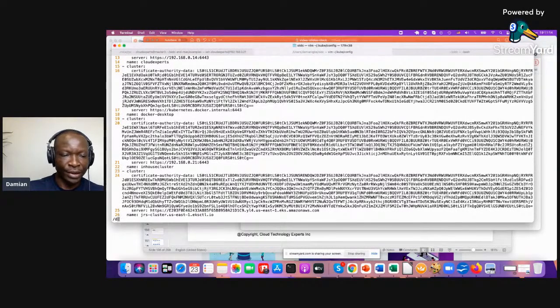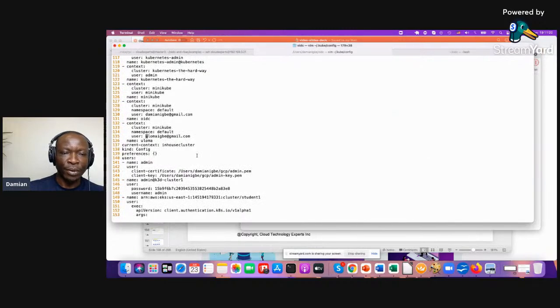And I actually already have a user for this email, but it's pointing to my local cluster. This one here is pointing to my local cluster inside my laptop. So I need to change the configurations to point it to the cluster of this one here, the one ending in 0.21. So this is the context. In the context, I'm going to change the credentials, which I already have here. My cluster, I call it in-house. So I need to change this one now to in-house